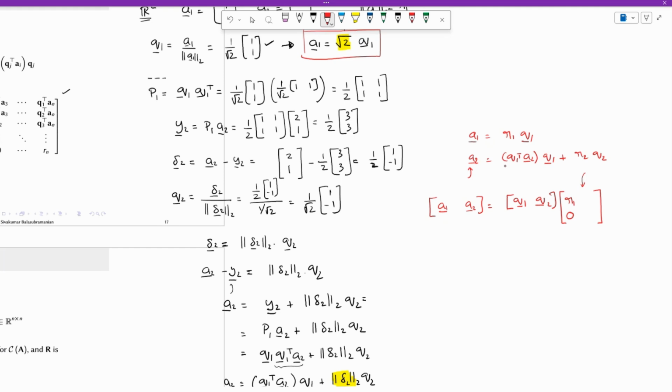The second column will be this scalar and this scalar. So this will be Q1 transpose A2, R2. Now,